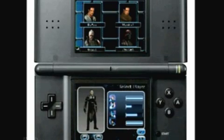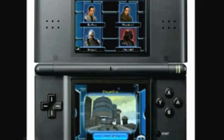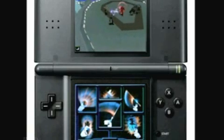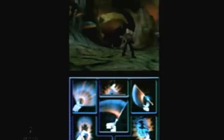We have a couple different multiplayer modes, more of a standard deathmatch on the DS. We also have more of a duel-based multiplayer mode where there's a back and forth and a sway meter, and whoever gains the advantage unleashes themselves, and it's really a lot of stuff in one small package. I think everyone's going to be really happy with what they see no matter what platform they play,